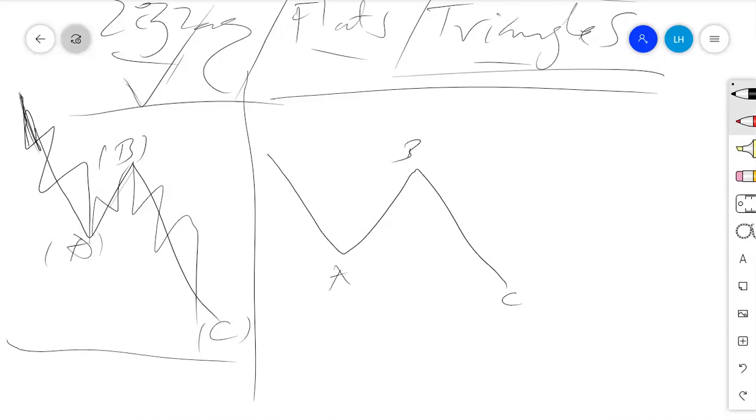So now, when we come to the threes, you will find that the first wave can be a zigzag. Now, the first wave in the ABC, wave A, can be a zigzag. If wave A is a zigzag, it means its building structure will be a zigzag. Now a zigzag is A, B, C. Now how to identify a zigzag? A zigzag has its internal structure. Here you will have 1, 2, 3, 4, 5 to the downside, A, B, C to the top, then 1, 2, 3, 4, 5 to the downside.